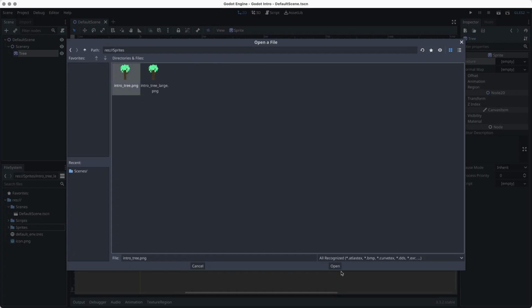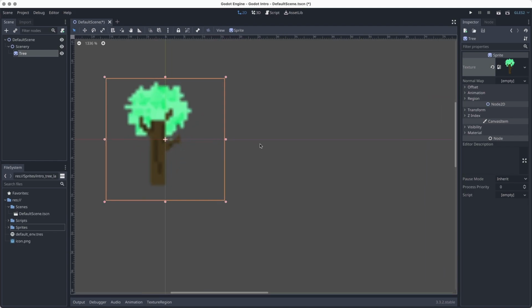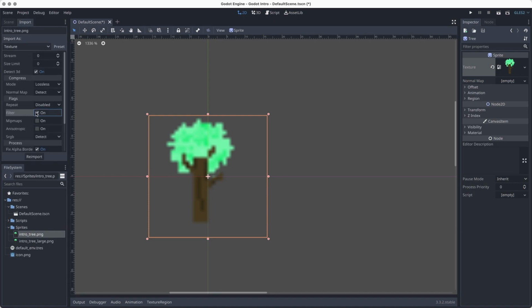I'm going to add the tree from the download. You can add your own image if you like. So if we scroll in, we can now see that the tree is on our canvas, but it looks kind of blurry. So this is a bit of a tangent, but if we want our sprites not to be blurry, since they are pixel art, we don't want the program to filter them. So if we turn filter off and then re-import it, now you see we get these hard edges